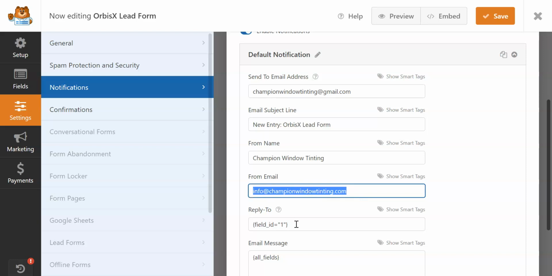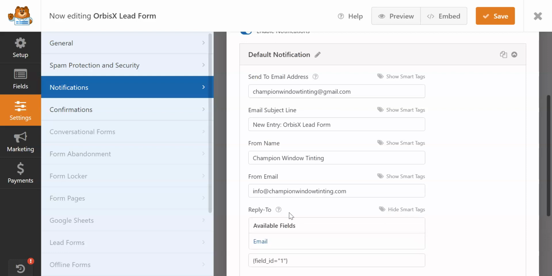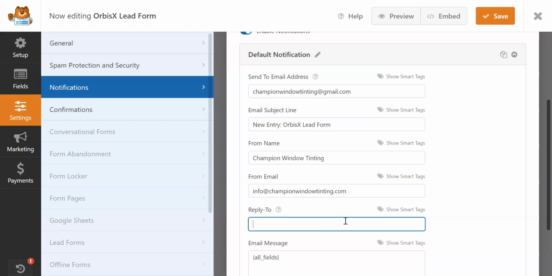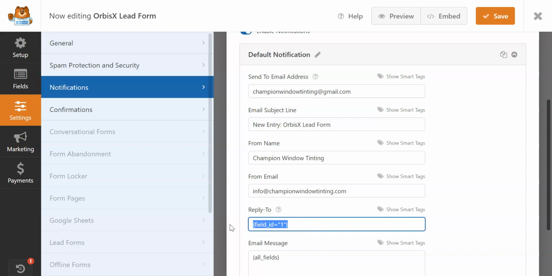I just put it to info at, and then the reply to, this is where you can see here, field_ID=1. If you click this here, show smart tags, it'll show a list of the available tags. And in this case, there's an email field, so it does email. I check that. I'll show you what it does. So let's get rid of this. And then let's say it's empty, I click show smart tags, and then I click email, it'll pre-fill the